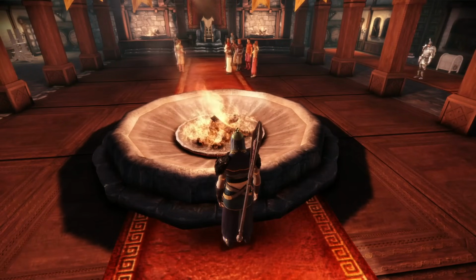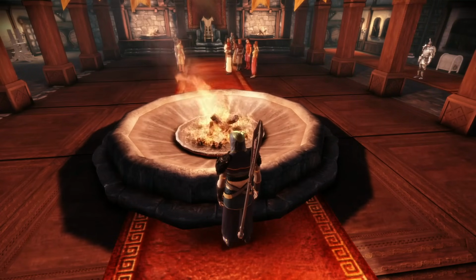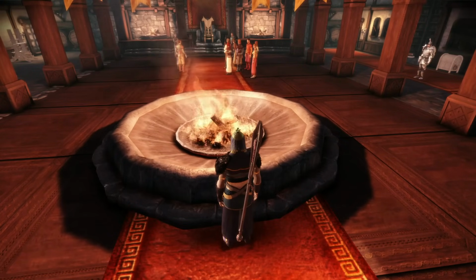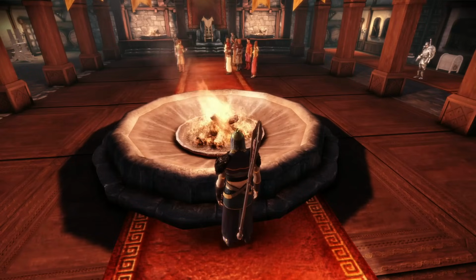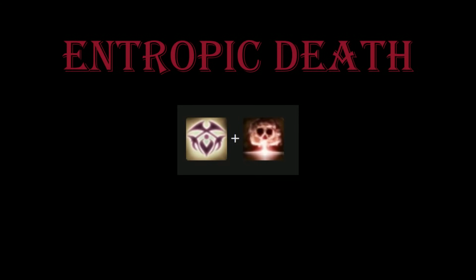So these last two combos, I don't really use them often. I acknowledge that they are powerful, because many people swear up and down that they are the best combos in the game. I disagree, because I think we should rate combos based on their overall usefulness, not just based on their pure damage. And these two combos are definitely situational at best, but granted, at those situations, they can come pretty handy. So the first one is Entropic Death, which is essentially the combination of a single target curse with